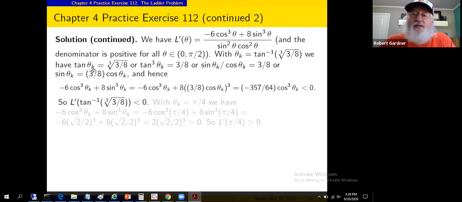Then we'll have the tangent of theta sub k, take the tangent of both sides, is the cube root of 3/8. Cube that, you get 3/8. Convert it into sines and cosines, you get this. Cross multiply, you'll get sine theta sub k is 3/8 cosine theta sub k. Plug that into this numerator. I'm looking for a sine in all of this. The numerator is -6 cosine cubed of theta, plugging in theta sub k, plus 8 sine cubed theta, plugging in theta sub k. And that produces, since we saw that the sine of theta sub k is related to the cosine of theta sub k by this,